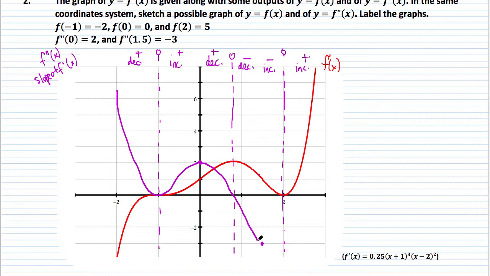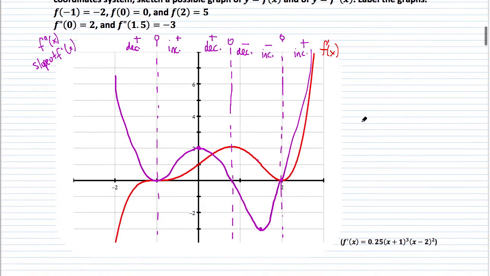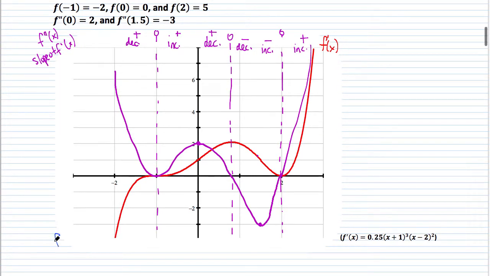And then I go through this 3 down here, and now I'm negative but increasing through the 0 right there, and then I'm just increasing all the way up. So this is pretty much what our second derivative will look like. Now, for an actual function, we're going to look at